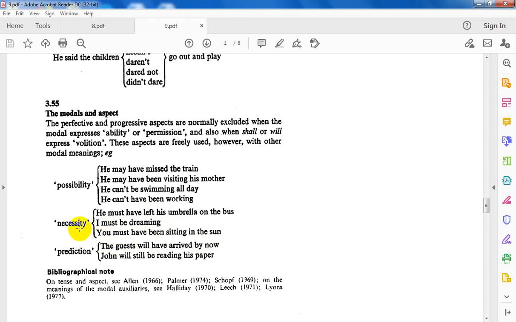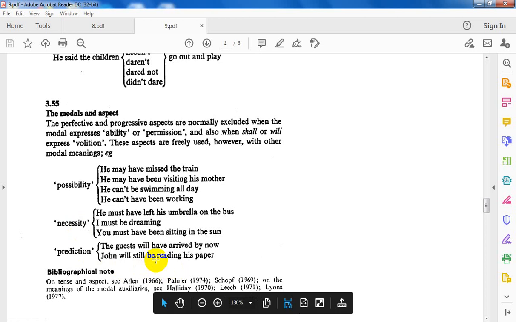Prediction: the guest will have arrived by now, it is a specific prediction. John will still be reading his paper, it is a habitual prediction here, and the aspect is